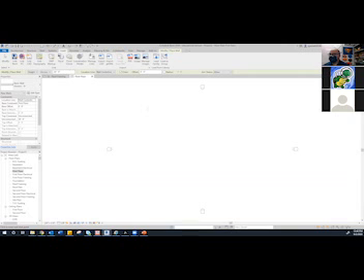We're gonna insert a CAD drawing. So across the top in the Insert tab, we're gonna import CAD. That's where you're gonna go, kind of right underneath Mass and Site. So click on Import CAD,